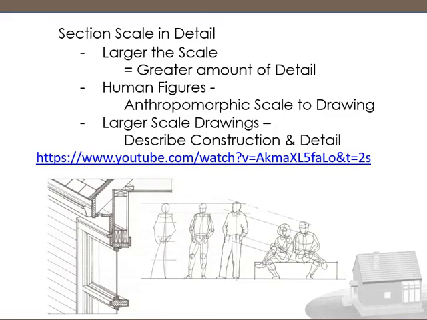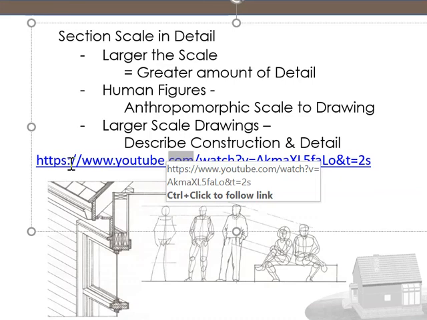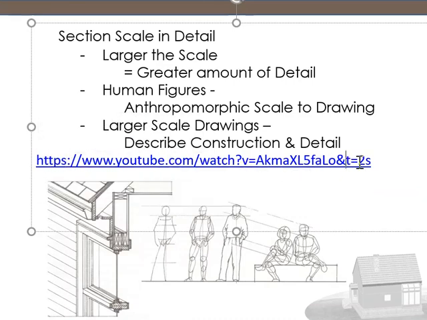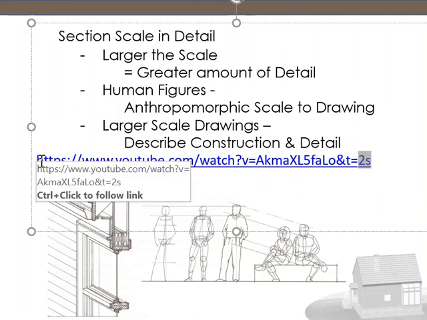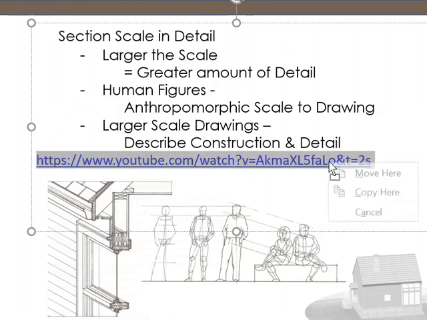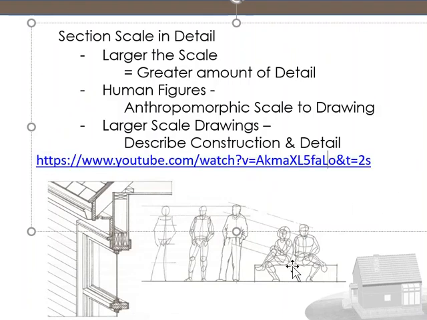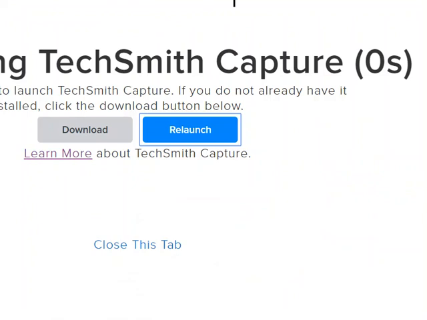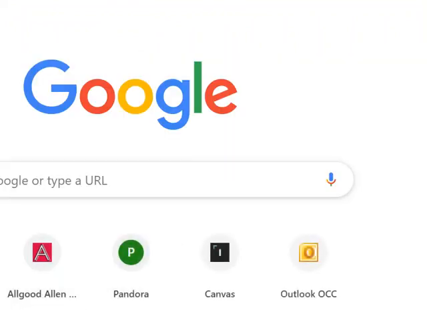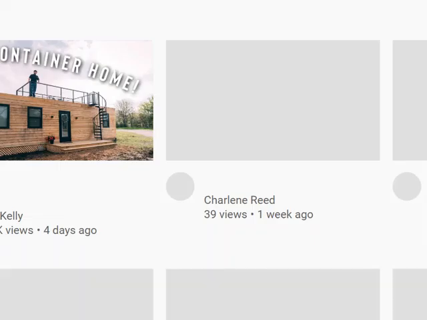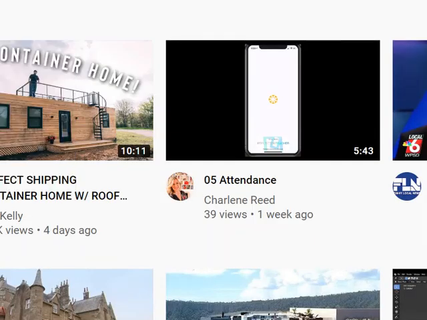So let me see if I can get to this little video. No, I thought it would let me link it on. I'm not sure what's going on here. I think I'll have to copy that and get it going. So please be patient with me as I go onto YouTube and grab that video, and let me get it on there, right there. And let's see if we can